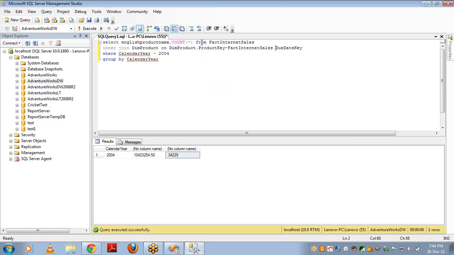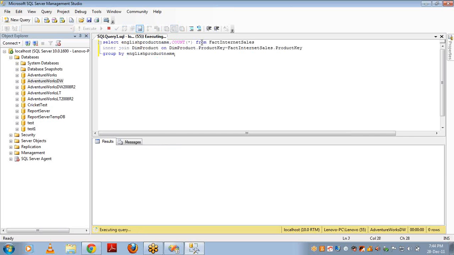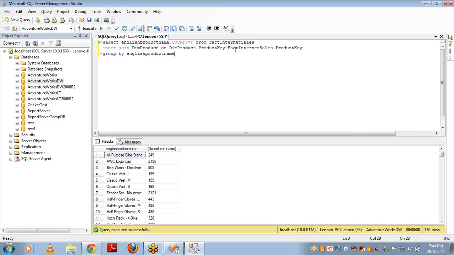Product key is equal to fact internet sales dot product key. And now I have to use this. So group by English product. To run that,